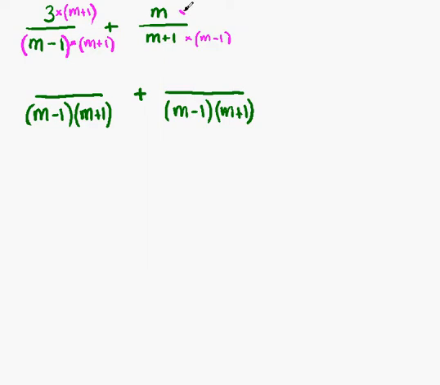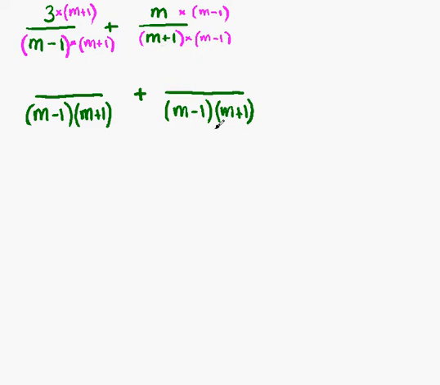So multiply the top by m minus 1. We'll put this in brackets to remind us that it's everything being multiplied. Okay, so we got m minus 1 multiplied by m plus 1 and m plus 1 multiplied by m minus